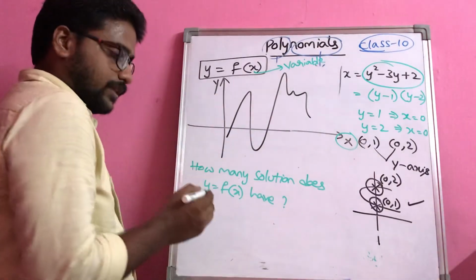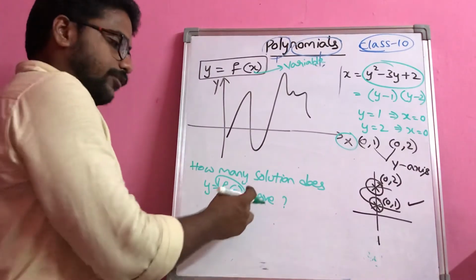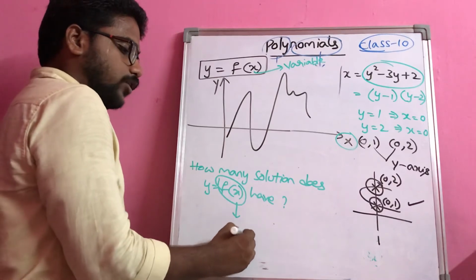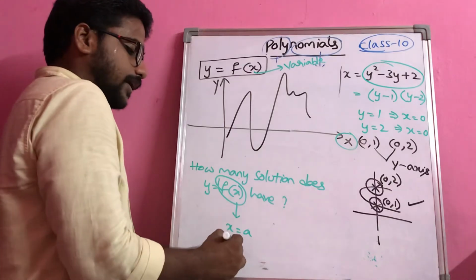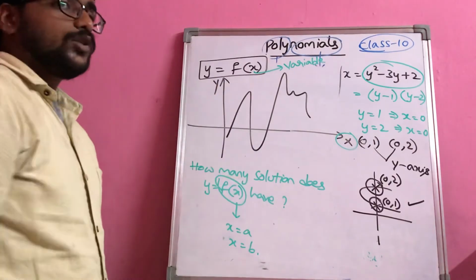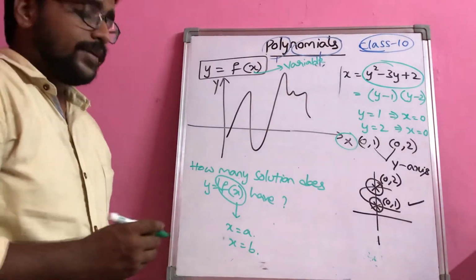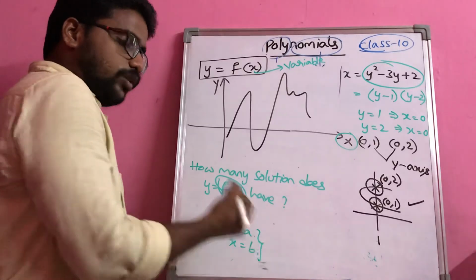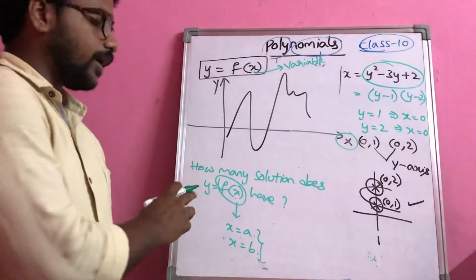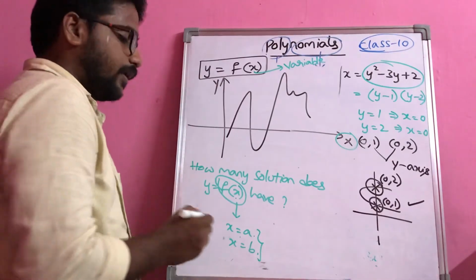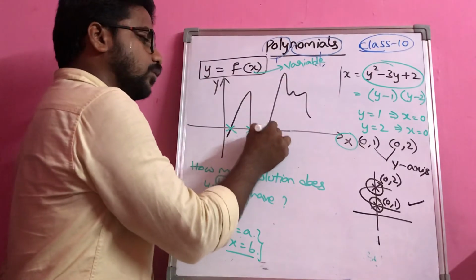So just imagine this thing. This is a polynomial in terms of the x variable. If you simplify this one, at the end you will be getting values of x here, something like x is equal to a, x is equal to b. Whenever you say this is a solution, it will satisfy this equation and you will get the y value as 0. So for sure this point will be existing on the x-axis only.